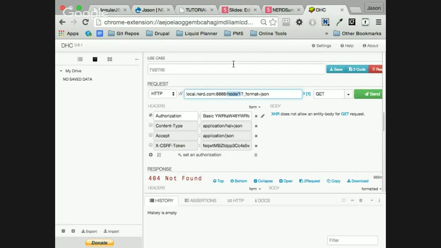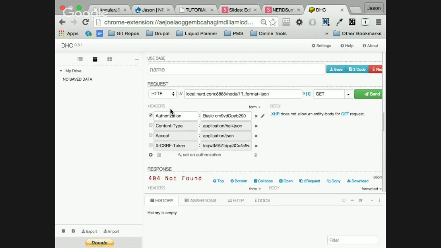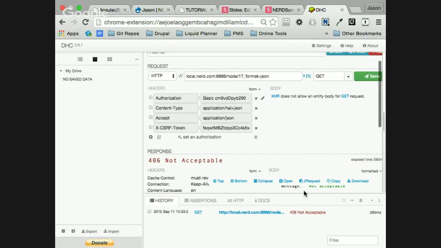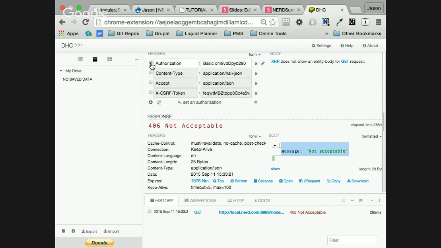So as I was saying, I use this to test my REST API. Now, if I remove the authorization here, all right. So actually, it's root, my username and password. And if I remove the authorization through the headers, I'm gonna get the same message for not acceptable. And here's the JSON output that we got on the browser. But now if I send on the headers my username and password, I should get some data.